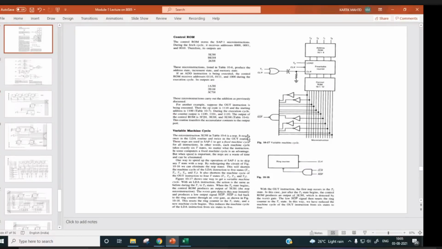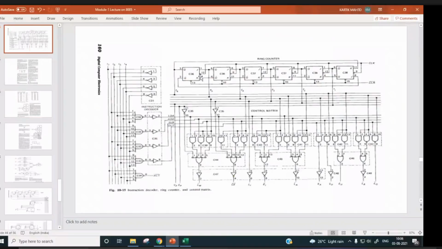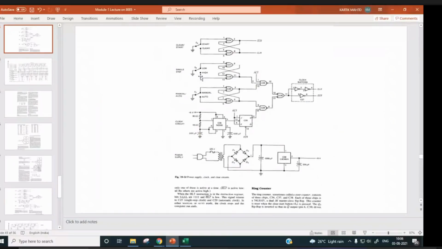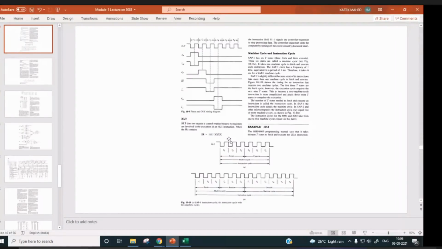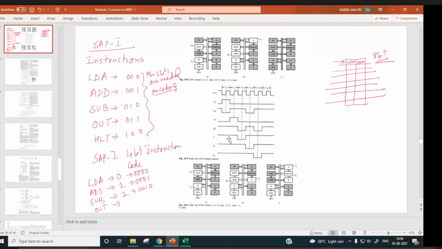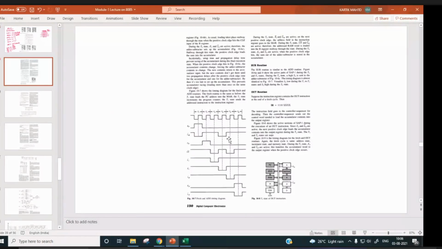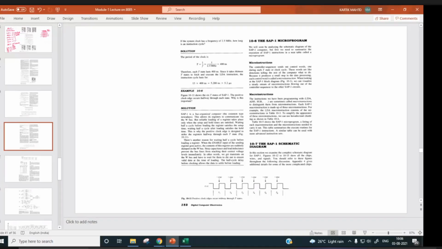Anyway, so only 5 instructions are there.